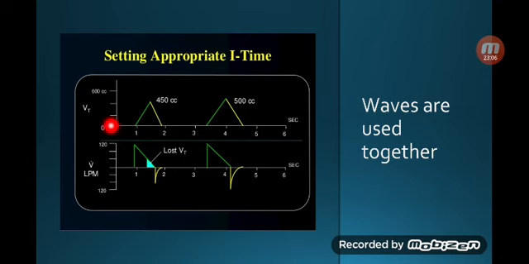Like in this example, to set the appropriate I time. So here it looked like it was enough, but when you increased it, there was potential for more, and that added more to the volume. So the volume here was 450 and now it's 500, just because you've increased the inspiratory time. If you'd looked at the flow curve alone, you would have thought that was enough. If you'd looked at the volume curve alone, you would have thought that is fine. But if you played with them together, you can see what you're doing and adding to the potential of your